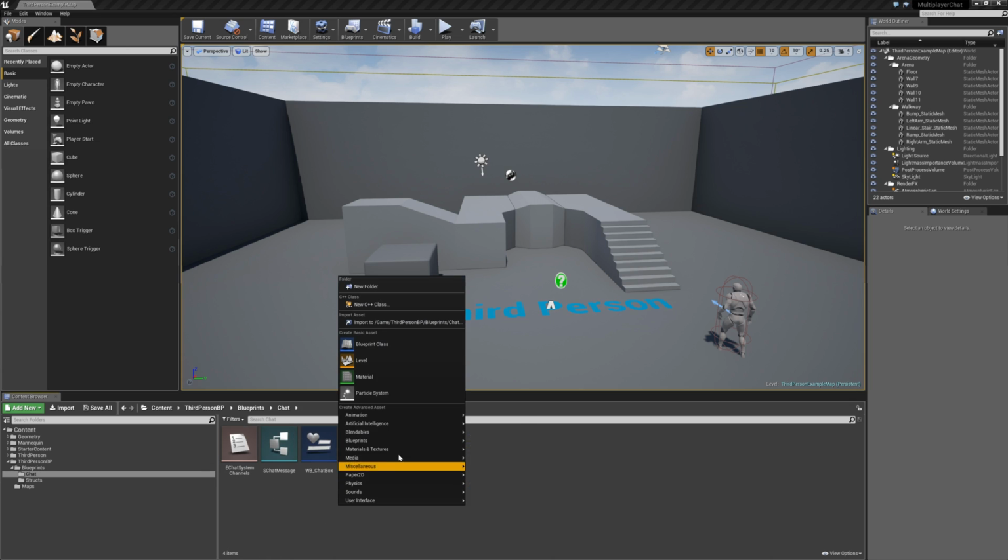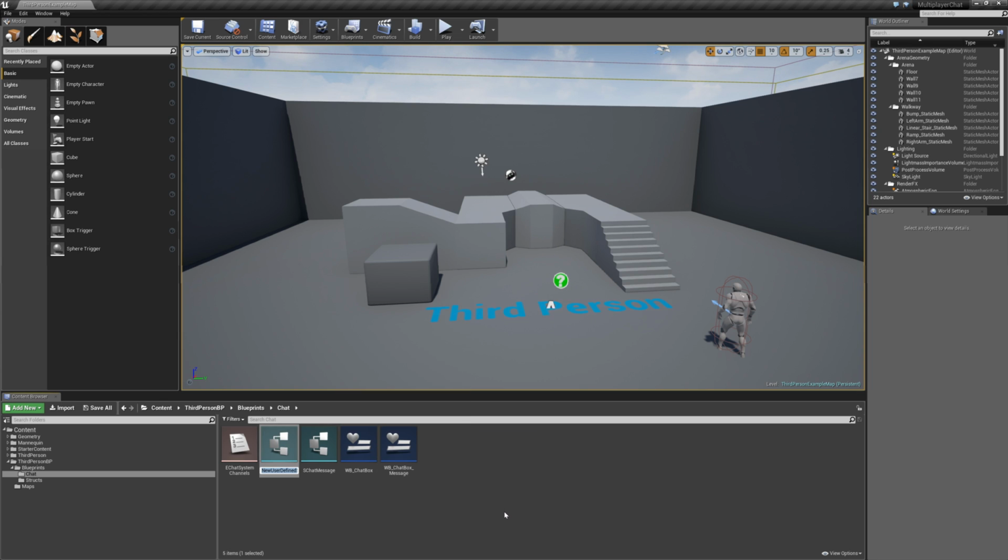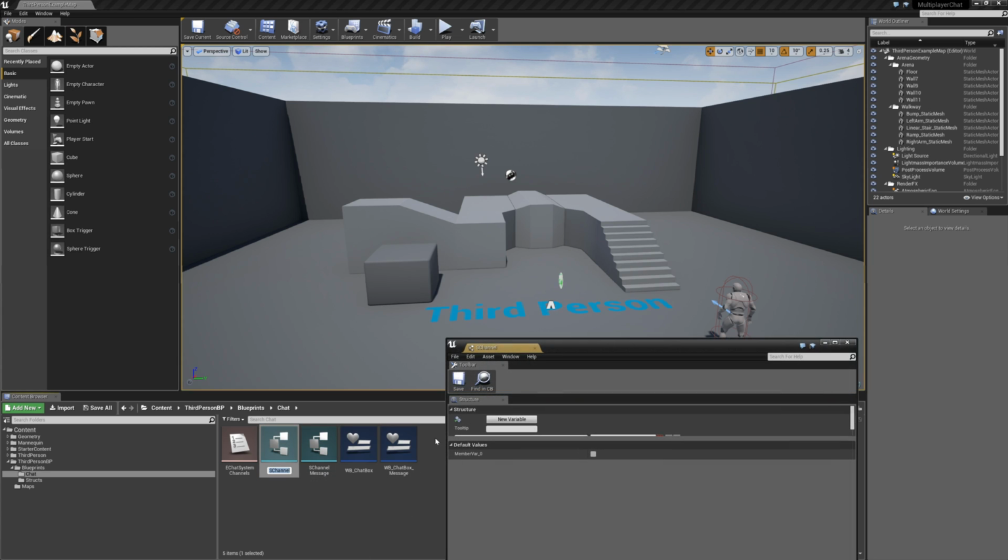So let's go ahead and create a new blueprint structure, and we're going to call this S channel. So with this, while I'm at it, I'm going to rename this structure to S channel message, because it's a structure that represents a message within the channel, so it makes sense to call it that. Open up our new S channel,